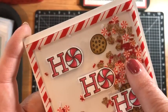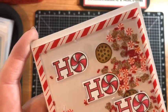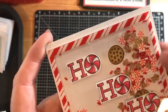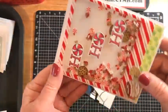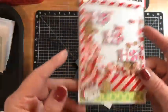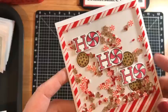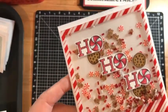So the peppermint candies and the little flat gingerbread men are so skinny that you don't need a very thick piece of foam. This card would actually go into a normal mail. I wouldn't have to pay anything extra, even though it's a shaker. Now the part that's rattling, the little red and white pieces, it is,